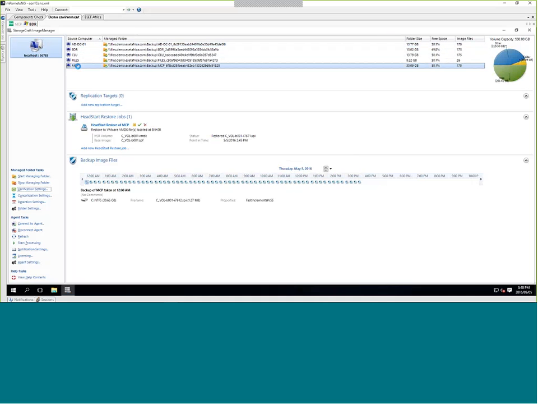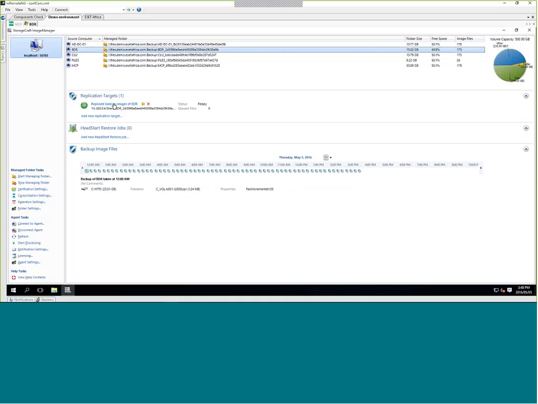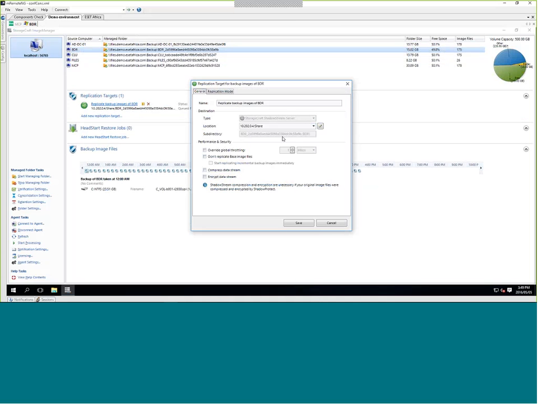So if I go to a machine that I've got the replication configured for, we've got this one over here. So I've basically got this machine, and it's replicating it to a Shadow Stream server that I've got running on the local network. Obviously, in the case of a production environment where you are the MSP and you're hosting this externally, that would probably be some type of fully qualified domain name that's used to access this resource. And in terms of the replication task, if I then show you very quickly, obviously it's pointing to a particular directory. This is where I can throttle the amount of bandwidth that it's going to use.